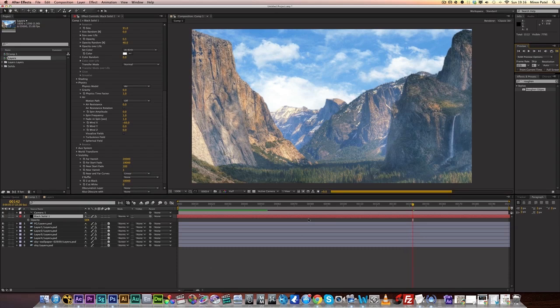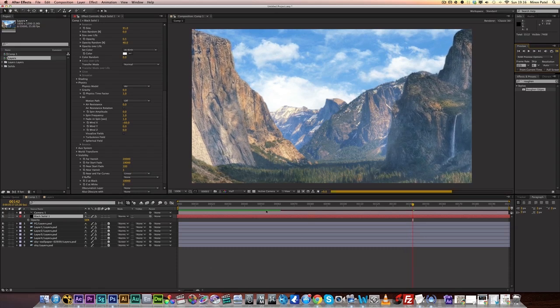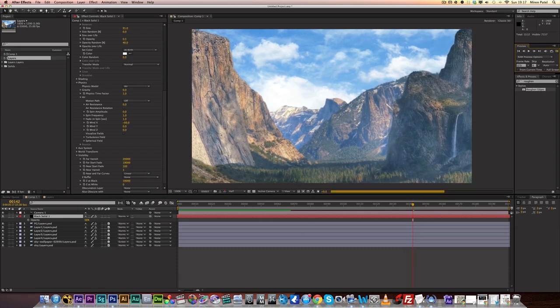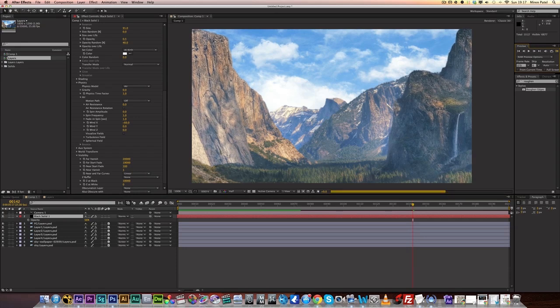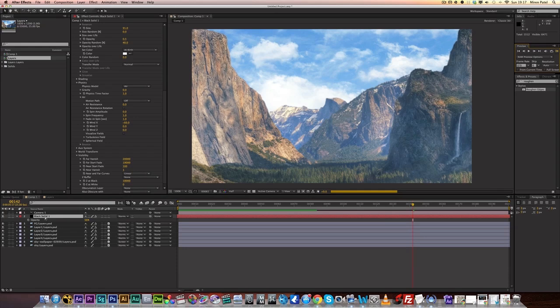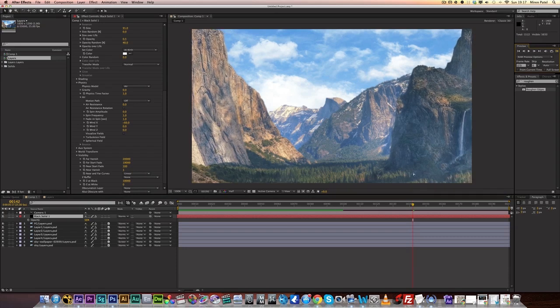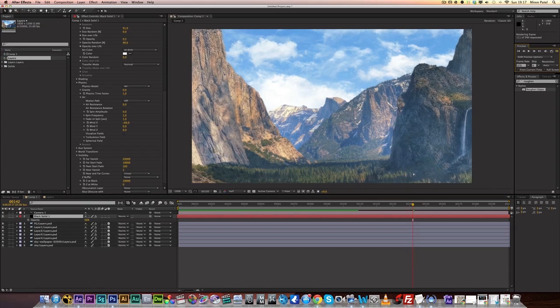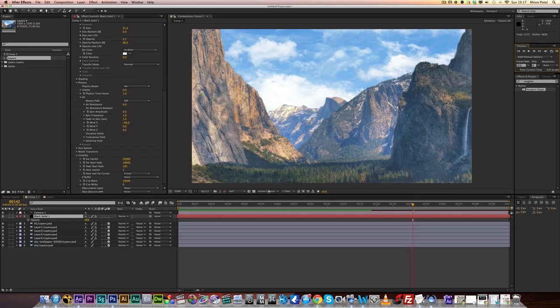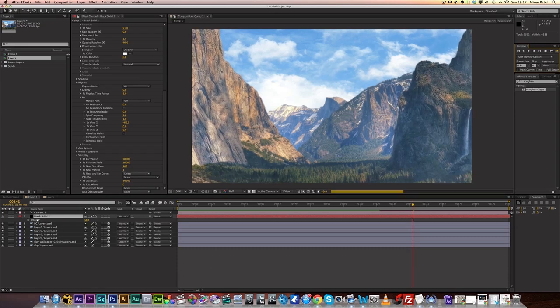What you can also do, which I've done in a few of my fly-throughs, is have multiple sets of particle layers. These particles are 3D, in a 3D environment, but they're not actually reacting to these other layers. It's because we're using After Effects, not Nuke. Nuke is another compositing program which has a nodal-based system, but After Effects has a layer-based system, so these particles are